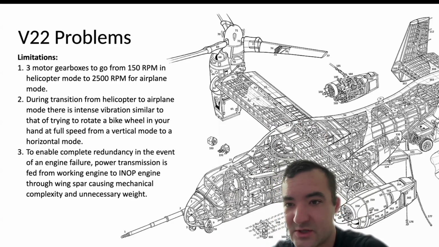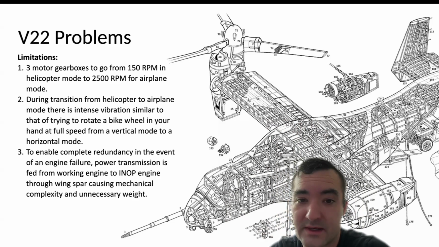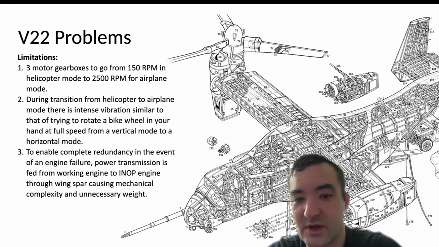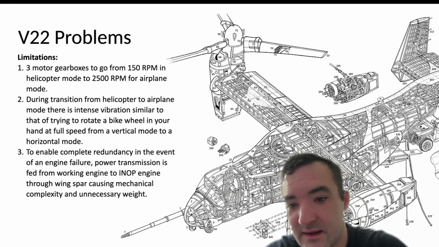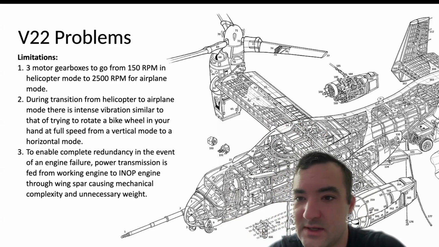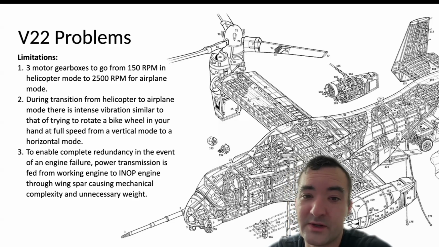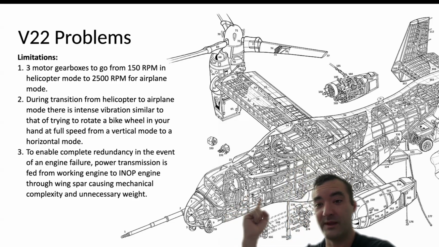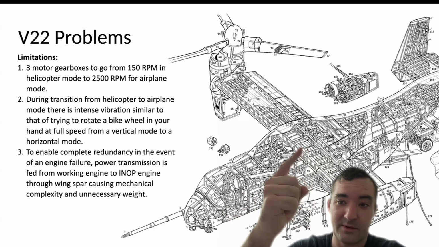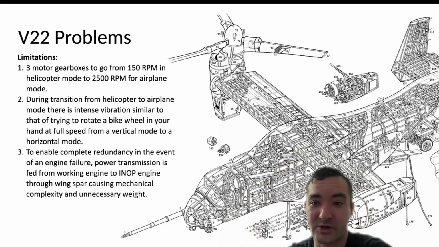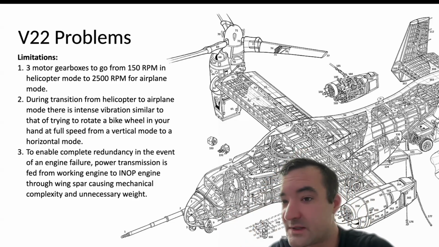So the last limitation that's on this aircraft is whenever one of the engines is shot down, or whenever there's an inoperable engine, there's a wing spar, and you can see it as it goes from one engine to the next engine. It's a lot of complexity, but it's the redundancy that's necessary to keep the aircraft afloat. So whenever there's an inoperable engine, they feed power from the operable engine over to the inop engine to keep the airplane from crashing. It's a lot of weight to maintain that